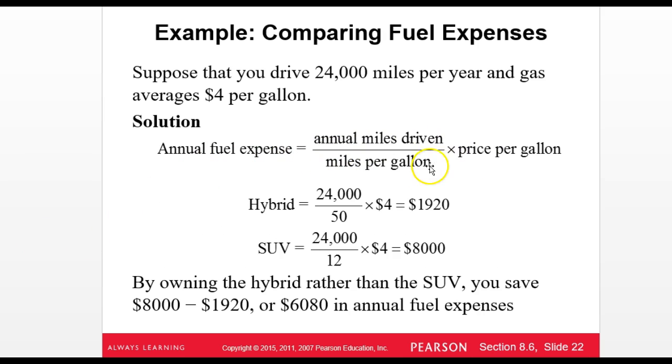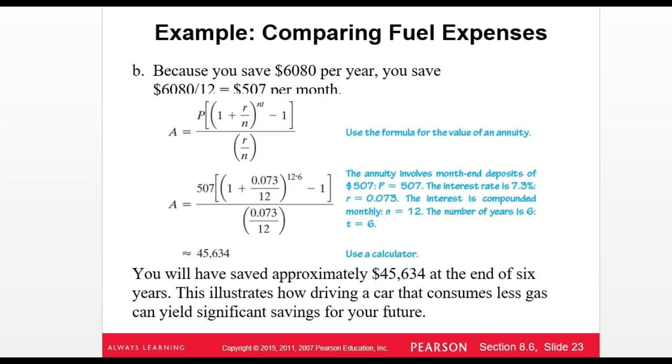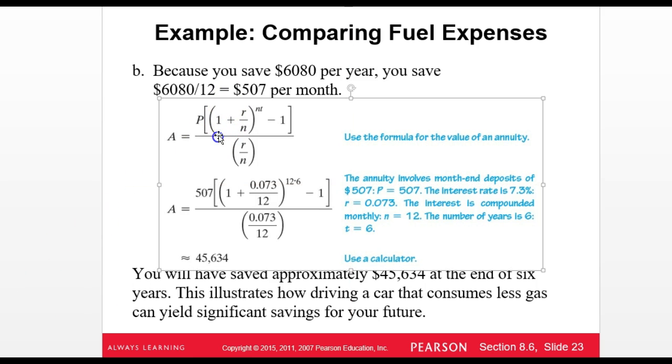So this is the formula that we're plugging into, the hybrid and the SUV. We're taking the 24,000 miles we drive per year, dividing by the miles per gallon, and then multiplying by the fuel cost. We see that for the SUV, because of the number we're dividing by, we get a much bigger number that we're having to spend on gas. So if we take that $6,000 extra that we're having to spend to run that SUV in a year, and we throw that into our savings formula, let me see, that should be a little bit smaller,